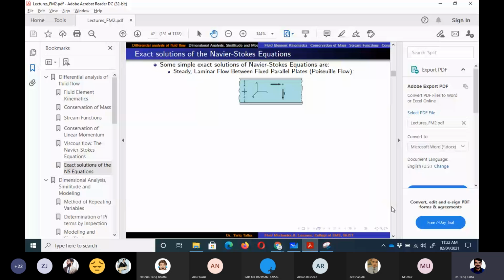So that is the flow which occurs when we have two parallel plates and we are trying to get some flow happening in between those two plates. It is, you can say, a simplified form of duct flow. And the second one is Couette flow, in which one plate is moving and one plate is stationary, but the flow is happening only in the x direction. It means that at the lower plate the velocity would be zero, at the upper plate the velocity would have some uniform value. So the practical example of this is